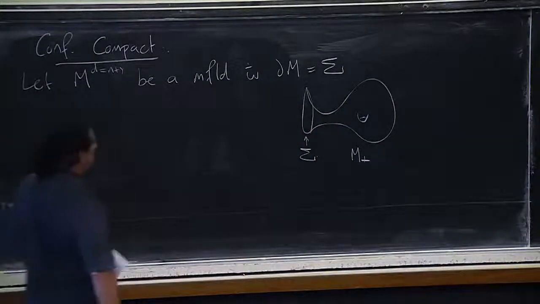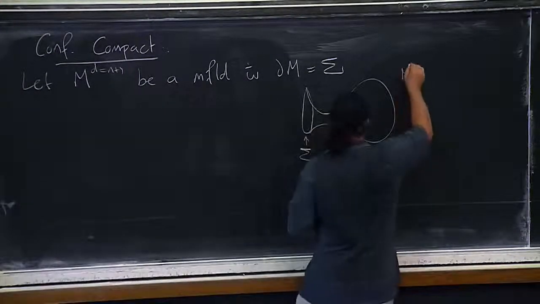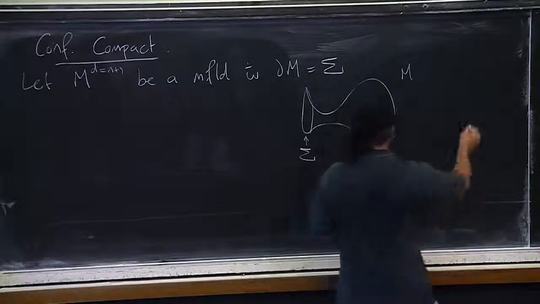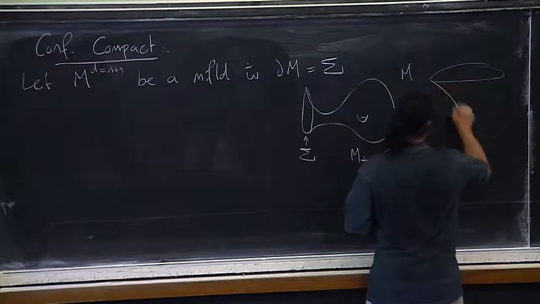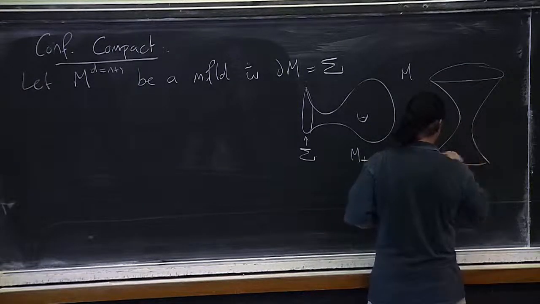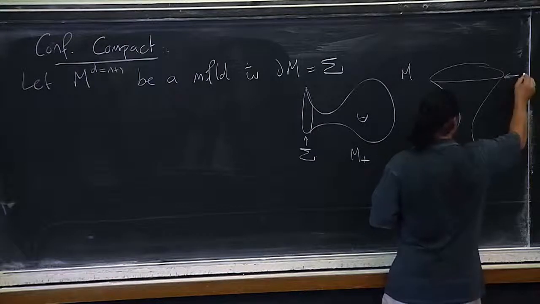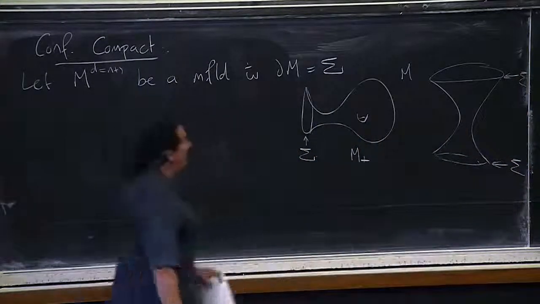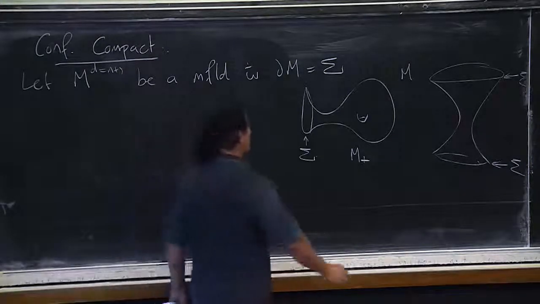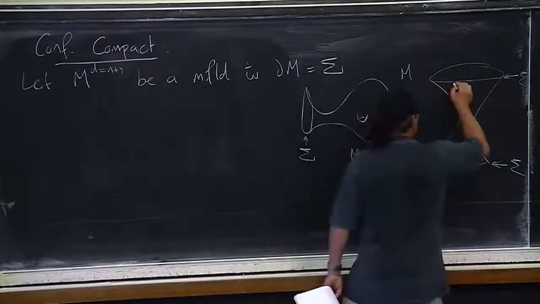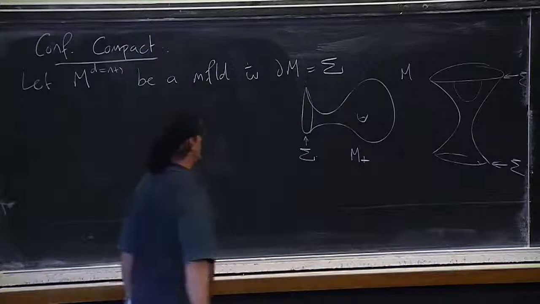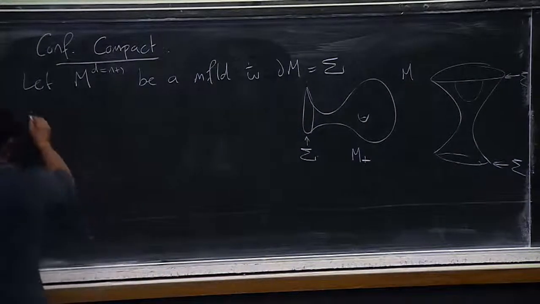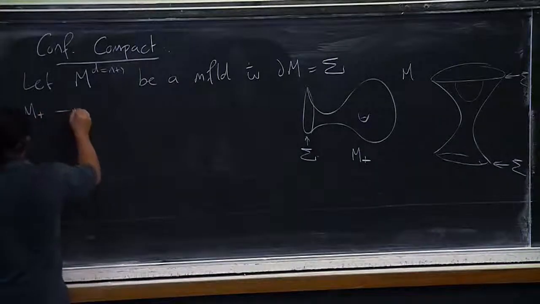The whole thing, the manifold with boundary, M. But the picture might look different, so it might be that the boundary is not connected, so there's two bits of boundary, or whatever. I don't care, because a lot of what we're going to be doing is local around the boundary anyway. Okay, so M plus will be the interior,